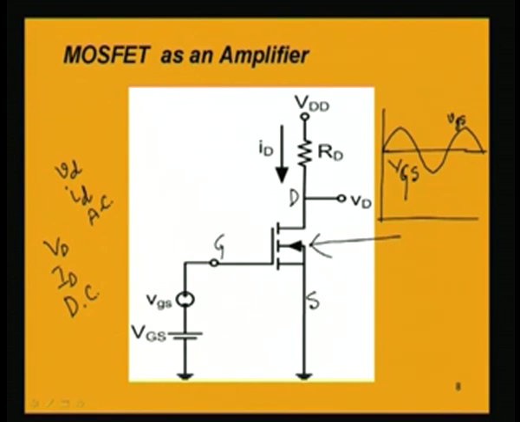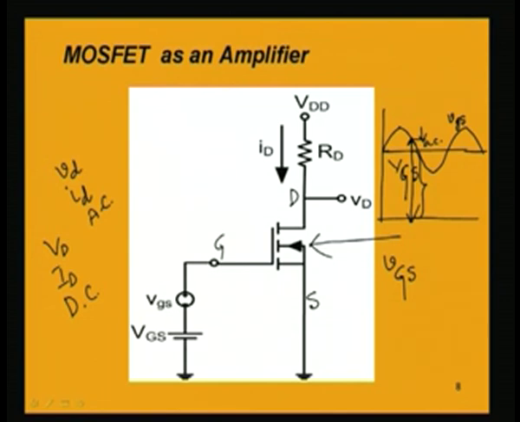Now, at any instant, if we consider the total voltage between gate and source, suppose at this instant, what will be the voltage? It will be this total voltage, which has a DC part and an AC part. To express the instantaneous value of this voltage, we use the symbol small v capital GS. Similarly,